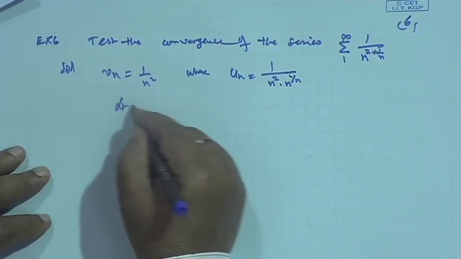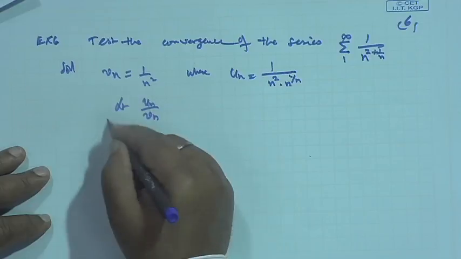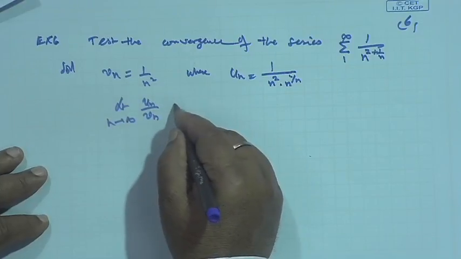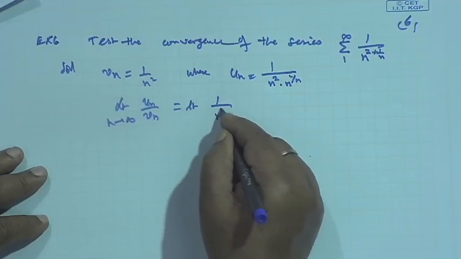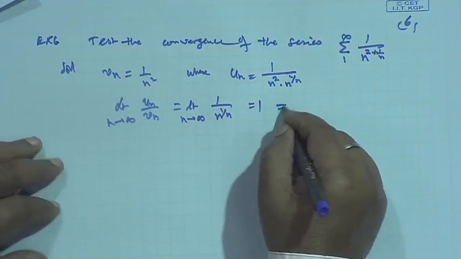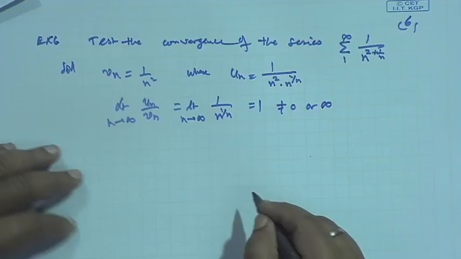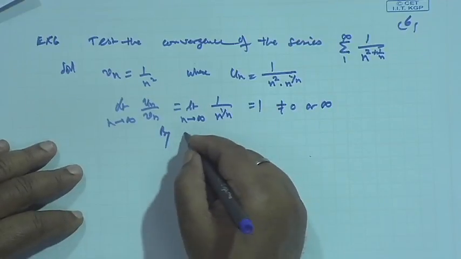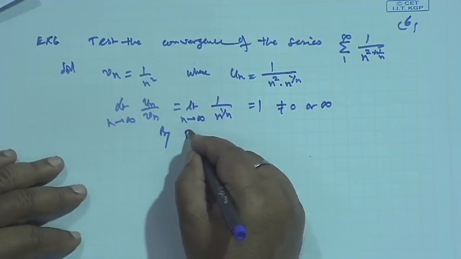So, what is the limit of u n over v n as n tends to infinity? This is the limit of 1 by n to the power 1 by n as n tends to infinity, which is 1, different from 0 or infinity. So, by the comparison test,